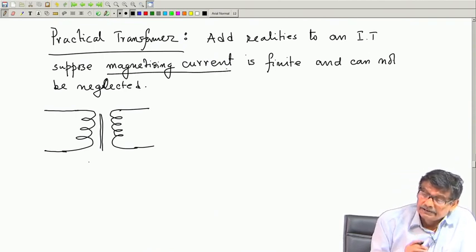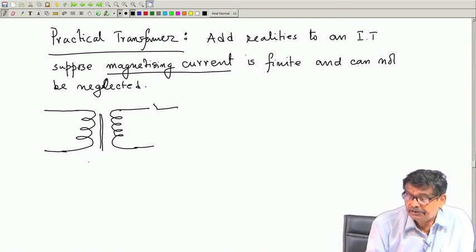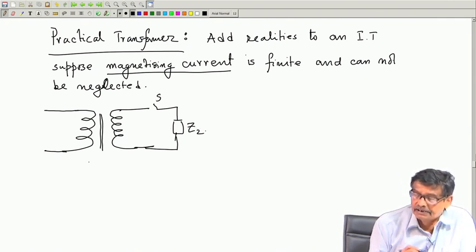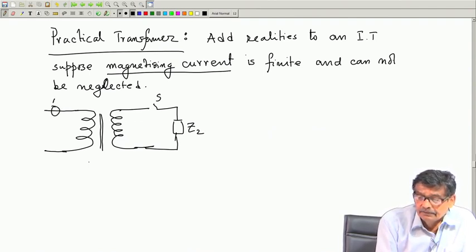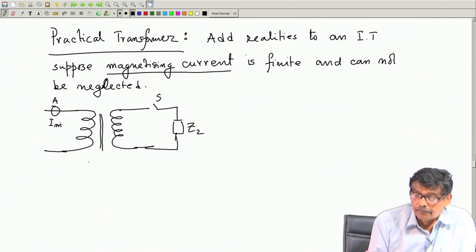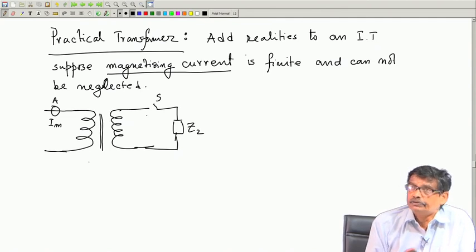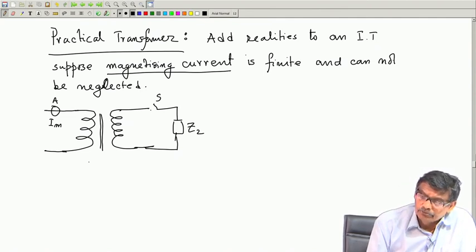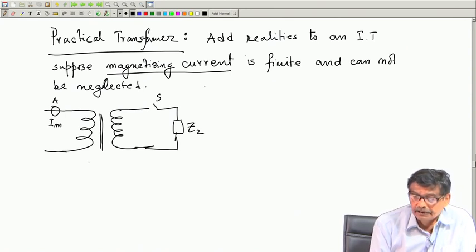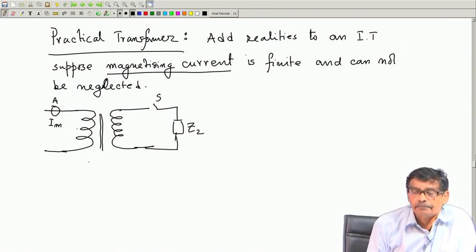Now, let us try to understand what is happening with this switch opened. This we discussed earlier. With this switch opened, the secondary impedance is Z. What will be the ammeter reading now? It will be the magnetizing current. In the case of an absolutely ideal transformer, with no secondary current, the primary current will be 0. But with this switch, even if it is open, the primary will draw a current I m, a finite magnetizing current.